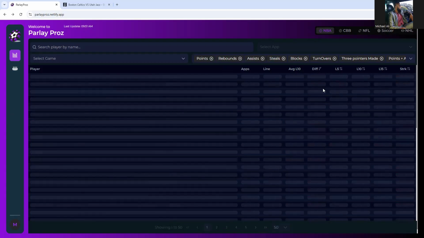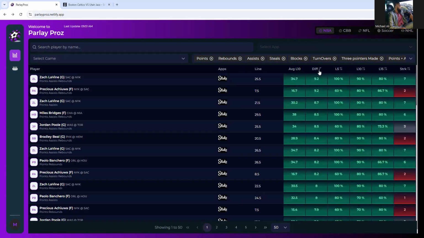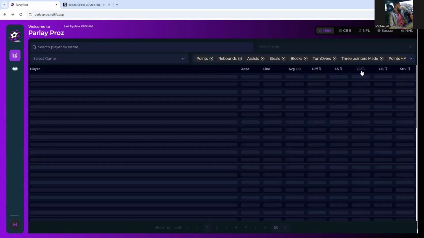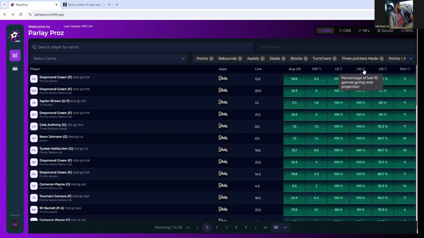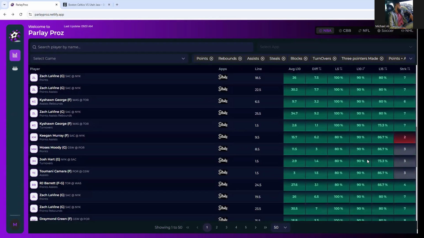If you're looking for the over, you could flip it here. Just click it, and you're going to see all the difference from the line and the average. It gives you a good idea on how to choose your bet. If you're interested in the last 10 games, you just click here, you get the arrow facing down, and you'll get the 100% starting here, going down to 90, going down to 80 here,